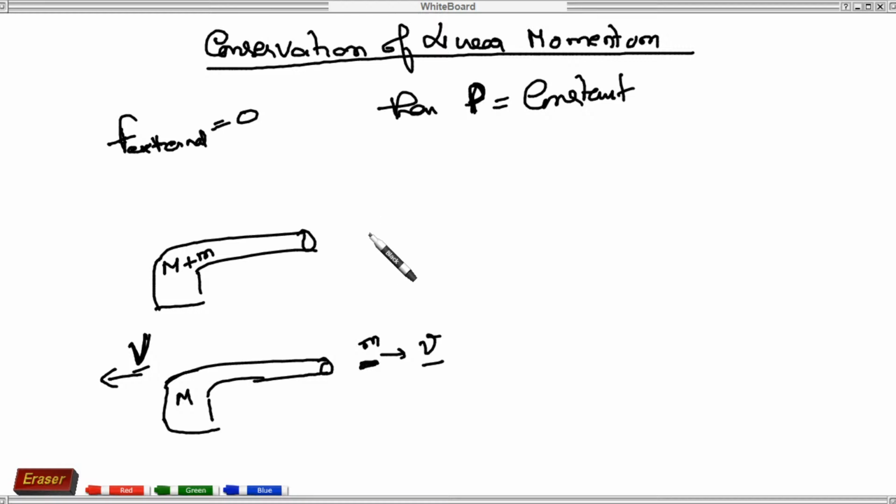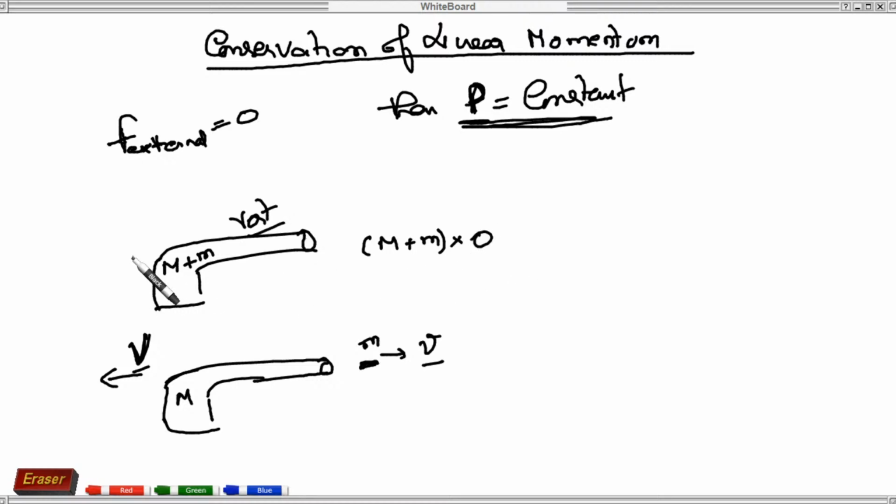So what was the initial momentum? I told you that P is equal to constant. So what is P? P is equal to M plus m into velocity, and initially it is at rest,